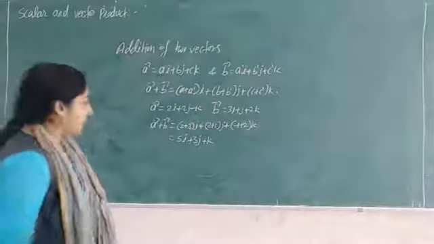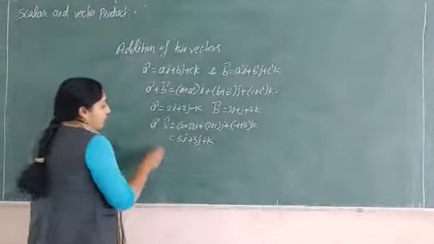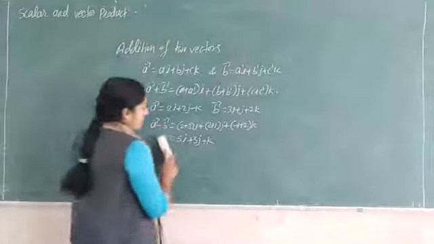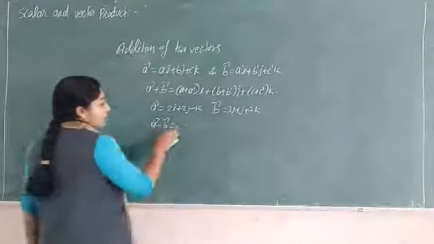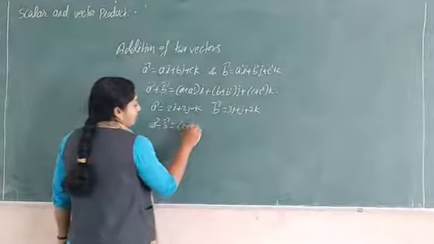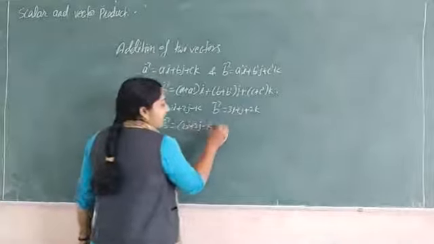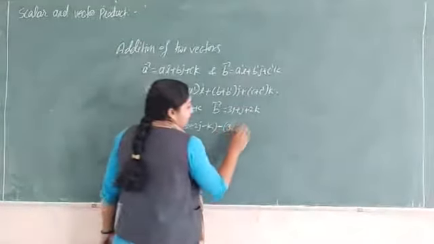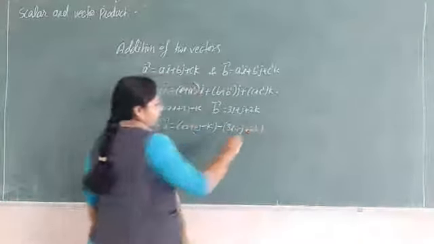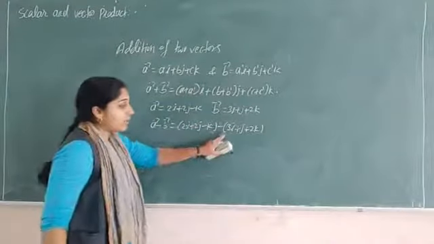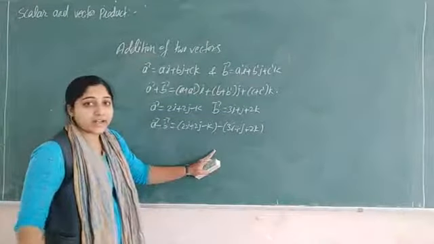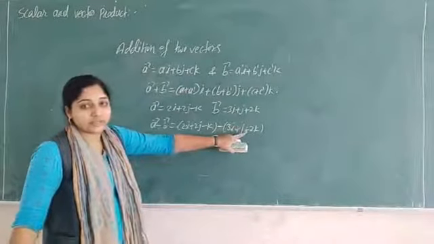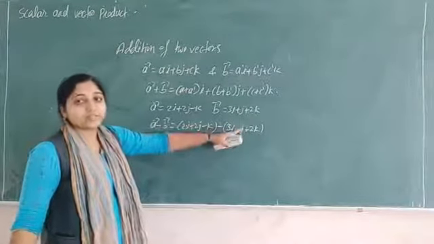Suppose we want vector a minus vector b, then how will we subtract this? This is our vector a, 2i plus 2j minus k, minus, write down first in the bracket only, vector b, that is 3i plus j plus 2k. Here we have minus, so first multiply this minus sign inside, and as I said, if you multiply the minus sign inside, the sign changes. If you have positive, it becomes negative.